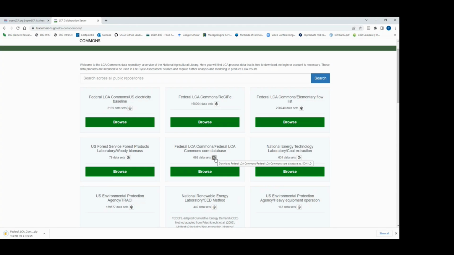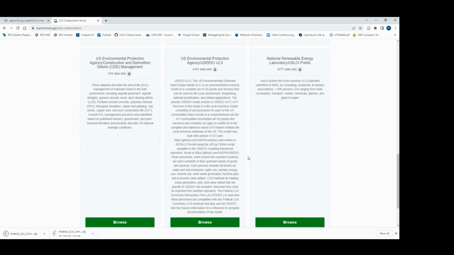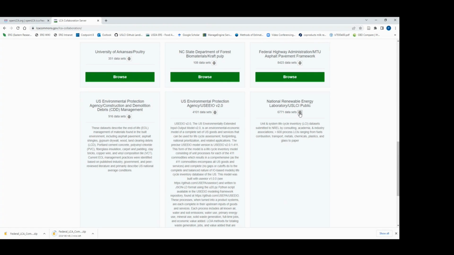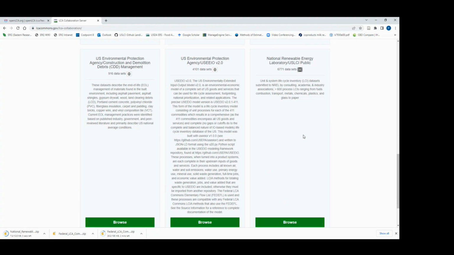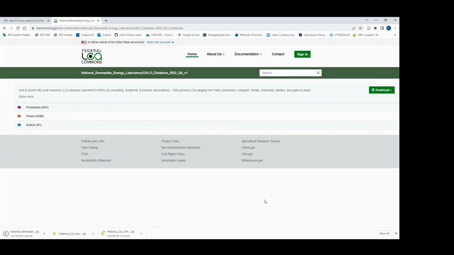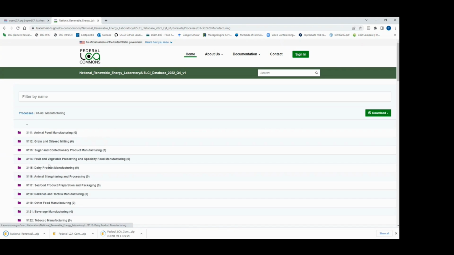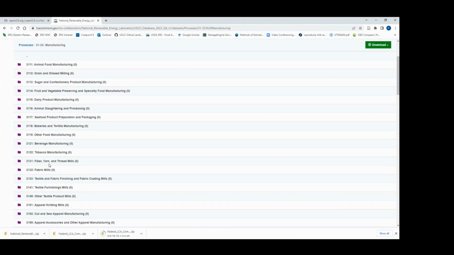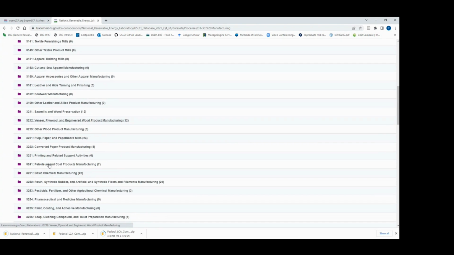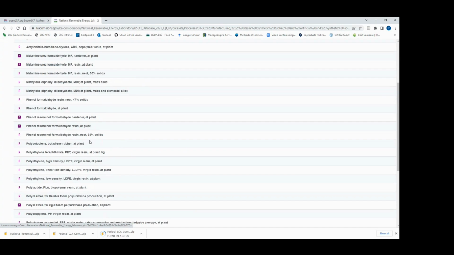This is just the general folder structure of USLCI. And then we will want to download USLCI. Just to note, if you are new to USLCI, you can go to Browse under USLCI and you can look through the various processes that are included currently. So you can do this on the Commons, or you can do it in openLCA.